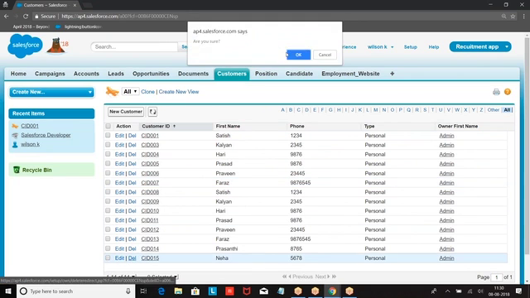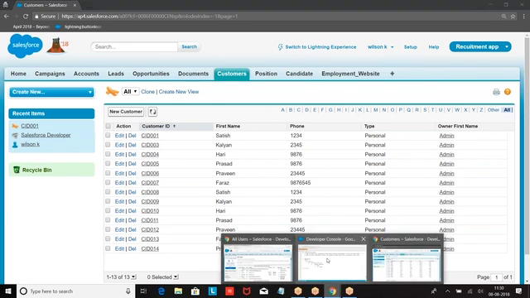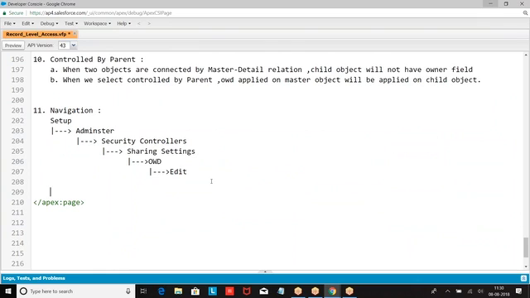Now can he delete the record? Yes, he can delete. Why was he able to delete? Because Wilson was standing on the top of Satish. Wilson can see every record that is visible to Satish. He can perform read, write, delete, transfer on every record. Are you clear about it? So what was this option called? Grant access using role hierarchies.